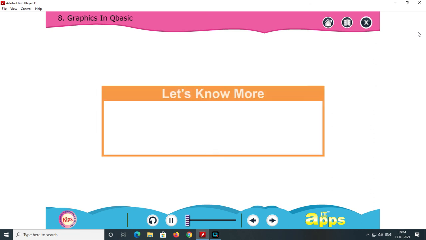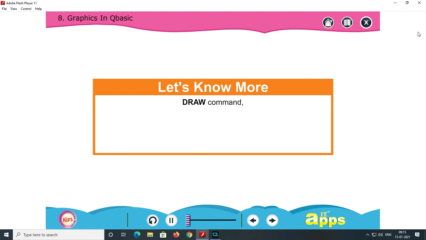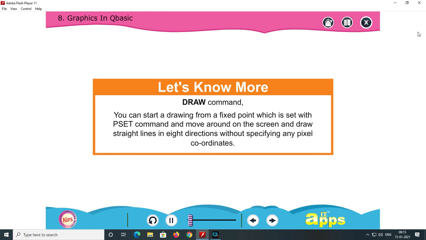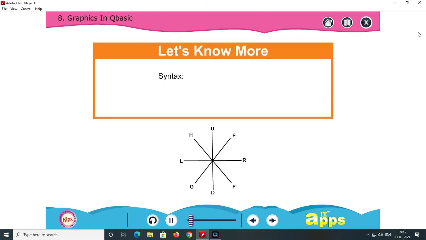Okay students, note an important information about DRAW command. You can start a drawing from a fixed point which is set with PSET command and move around on the screen and draw straight lines in 8 directions without specifying any pixel coordinates. The syntax is DRAW "direction string".